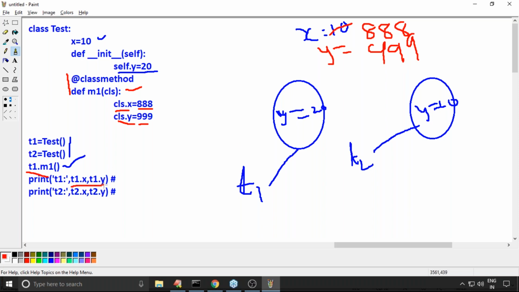Now, T1.x, T1.y. T1.x is 888, but the y instance variable is already there, so 888 20. Next, T2.x, T2.y. So y is there, but x is not there. 888 20 is the answer.